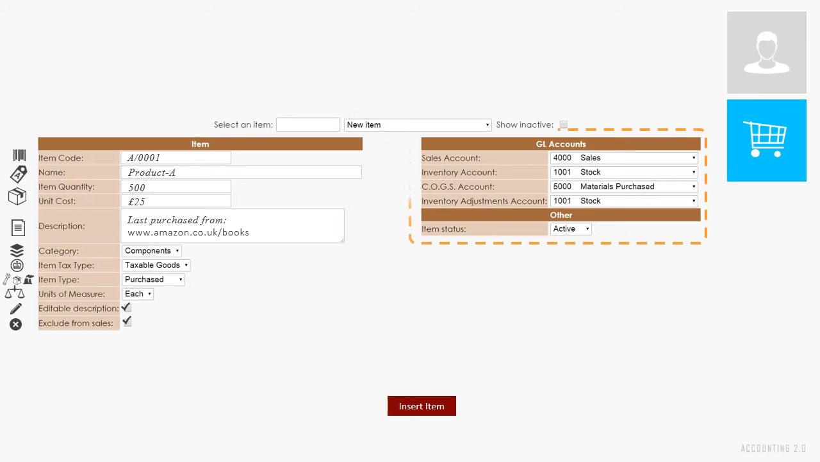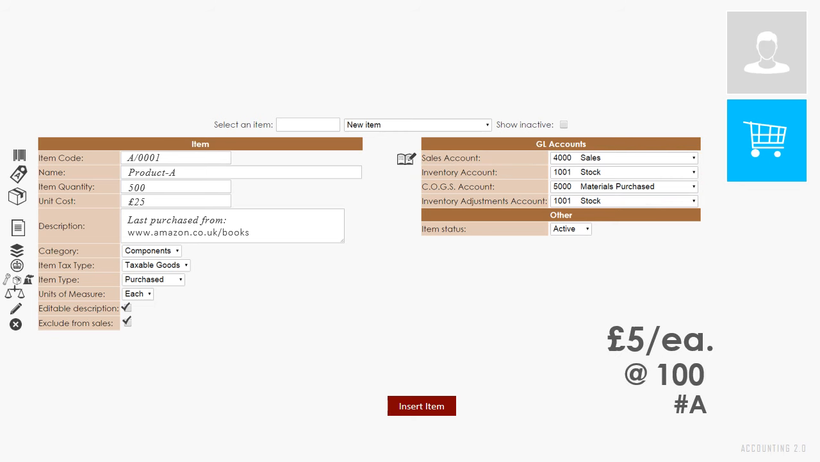Now moving to the right of the item screen. First, you will note the options to select the default general ledger account pre-selected for this item. Every time this item is invoiced, the default sales ledger account 4000 will be updated. For example, if 100 units of product A are sold at £5 each, the sales general ledger account 4000 will